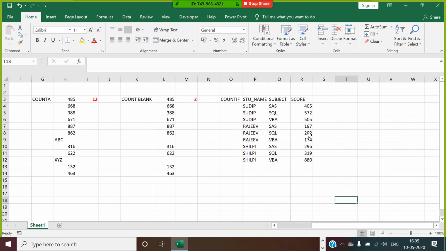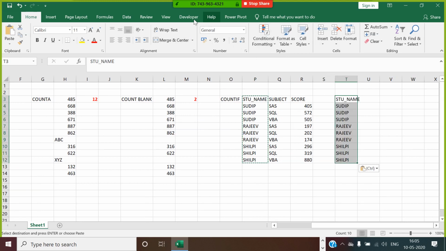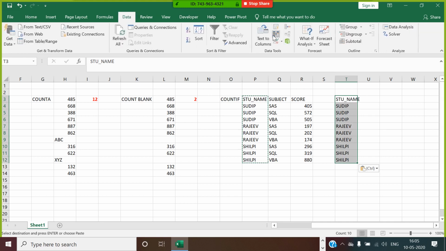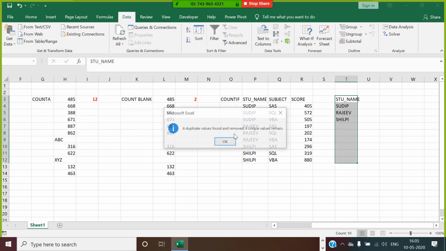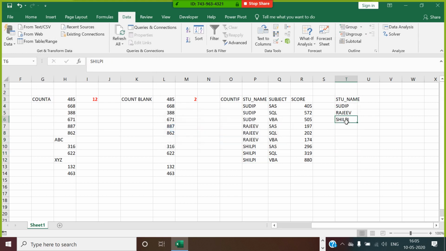Now what you have to get here, now I want to get the number of times. Let's say I go for removing duplicates. I want to get this something called count if.